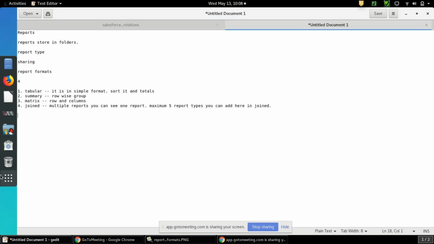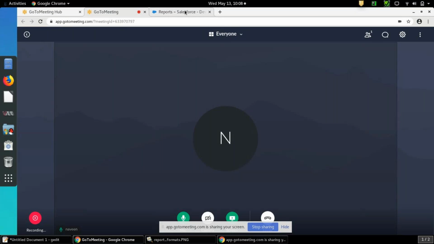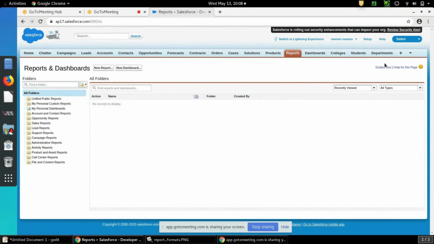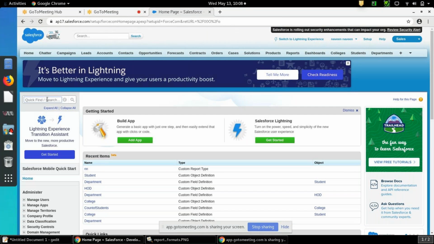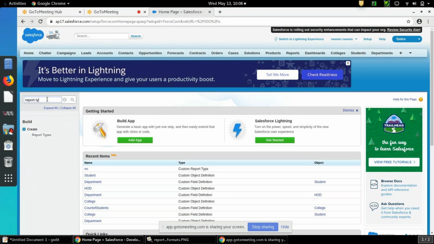Let me go first. We will try to create one report type. Log into my Salesforce org. You can access report types in Setup. Under Build, under Create, you can see Report Types.